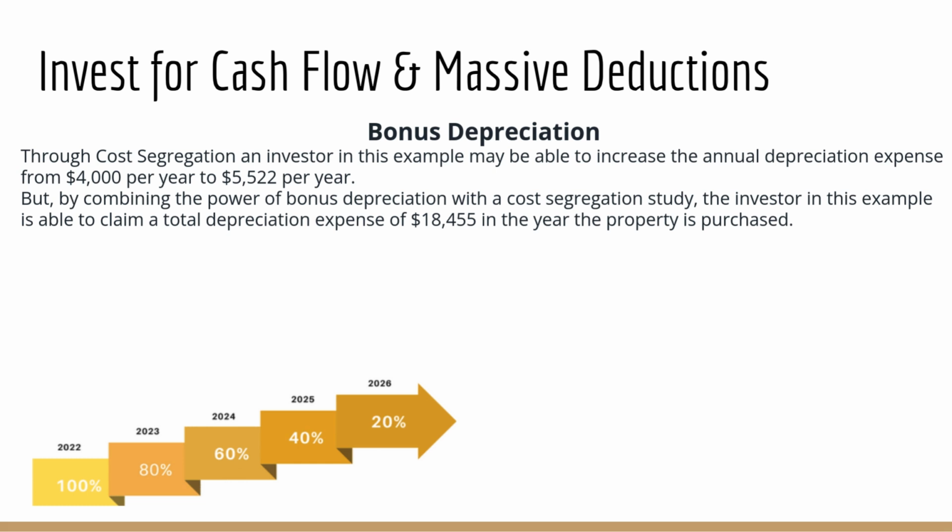If my investor bought their property in 2023, does it start with the 80% and go down, or does that graph shift to the right and it starts with 100? It would be 80. Because basically what you're doing when you make an amendment like that, you're going back in time to say, I didn't realize I missed this deduction, and I'm now going back and amending the tax return to take the deduction now. Which, by the way,